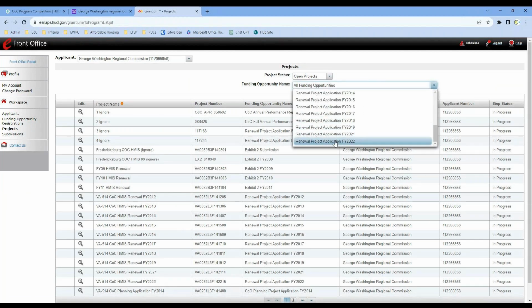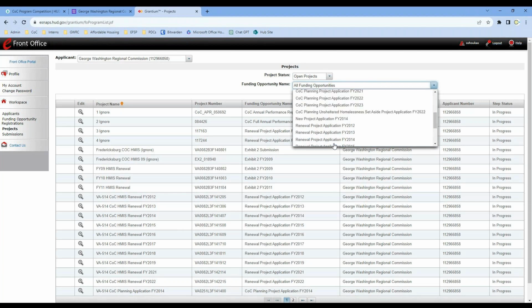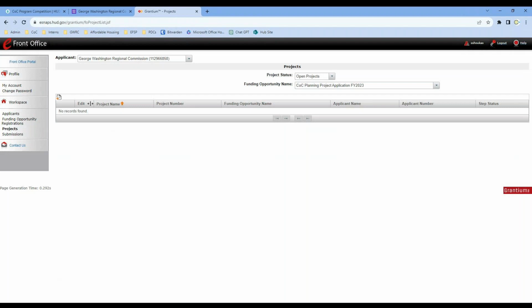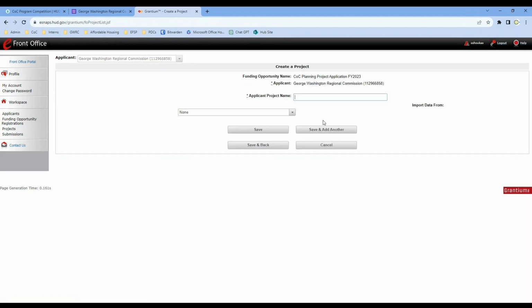I filter because we have so many years at this point. You add it, you add your applicant project name.